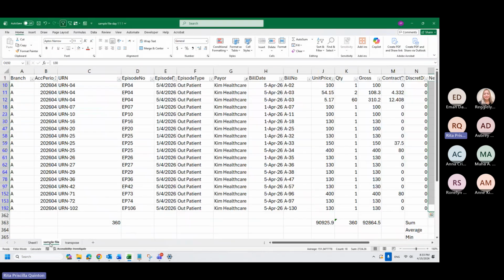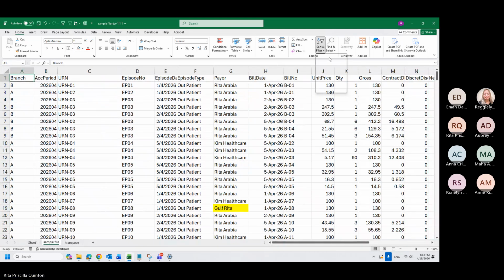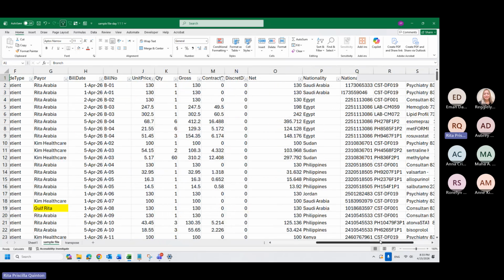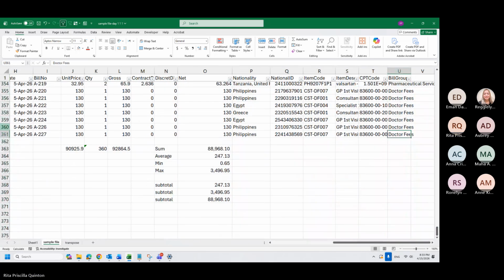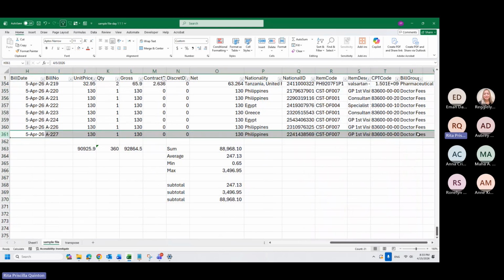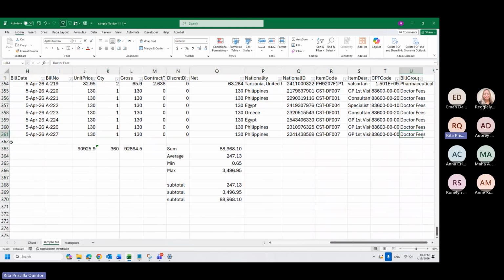So sample file tab, A1. A1 is this, A1 to U361, sorry. So this is U361. This one.